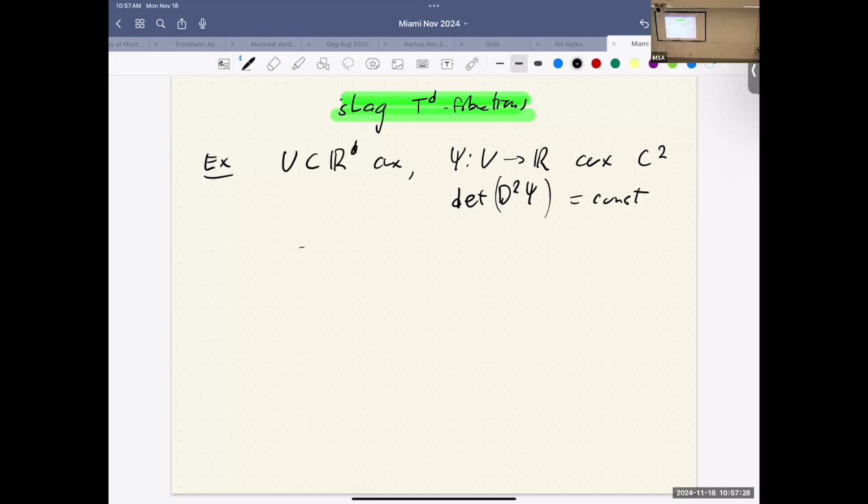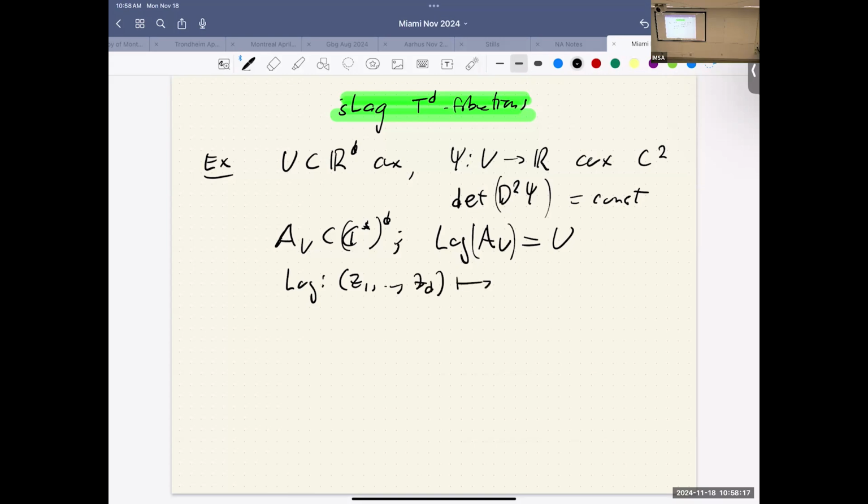If I have such a thing, then I also introduce the corresponding annulus, which are parts of (C star)^D, and they are such that if I take the log map, then their image is U. And here the log map is just the coordinate-wise logarithm. So the log map maps a point down to the logarithm of the absolute value of its coordinates. So if I have this data, then